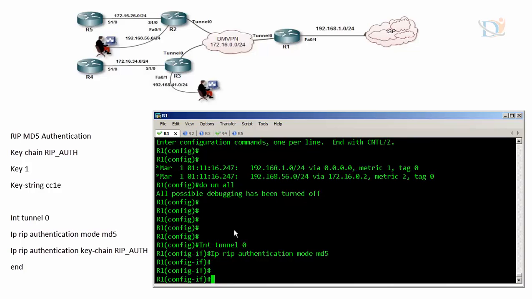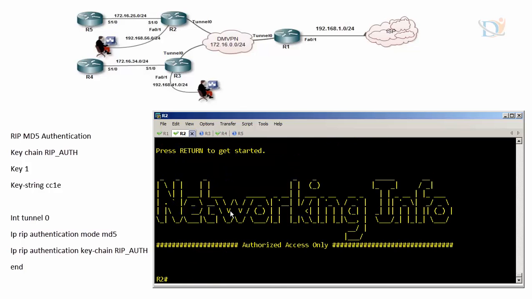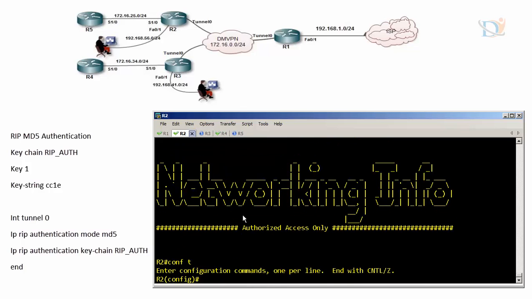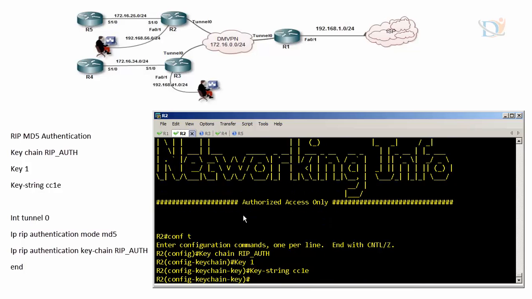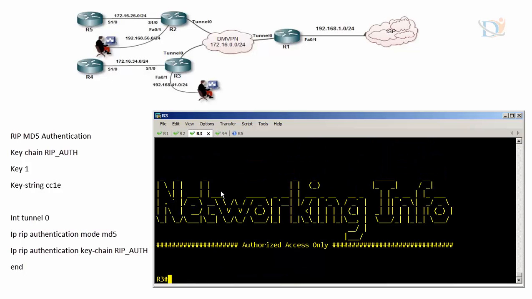Router 2 and router 3 do not have authentication mode set, no keychain available on these devices. Now let me go to router 2 and router 3 and configure keychain. So go to router 2. Neighborship must be there. To do that, we need to have the same key and same string password. Go to router 3,